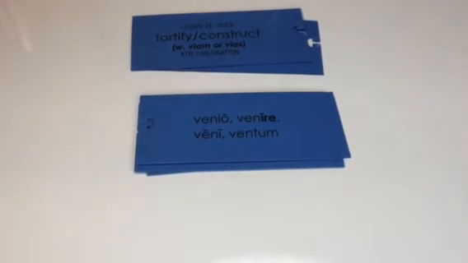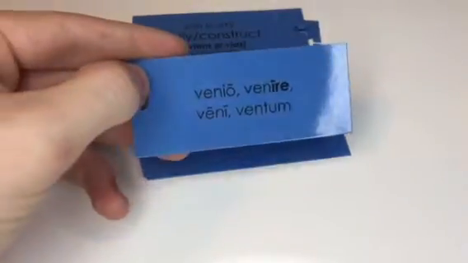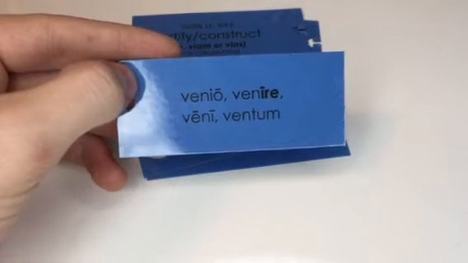All right, next word we see is venio, venire, veni, ventum. You may see in your vocabulary list that this one is showing all four principal parts, and it's not just the first principal part with the number 4 next to it. That's because there are a few slight oddities or differences from audio. Notice the third and fourth principal parts, the veni and ventum. Those are slightly different, so you might want to make sure and memorize those.